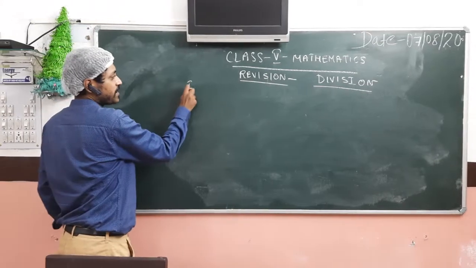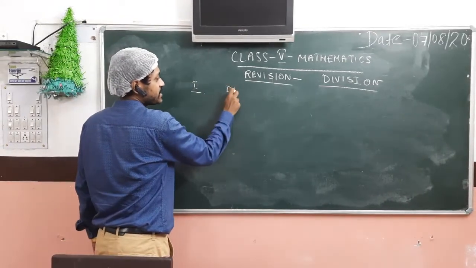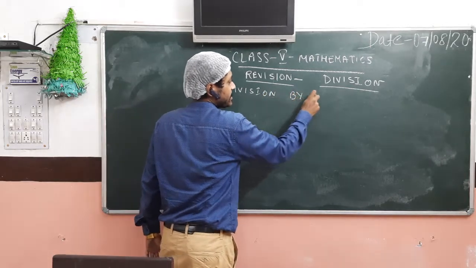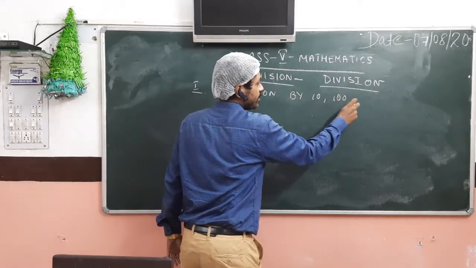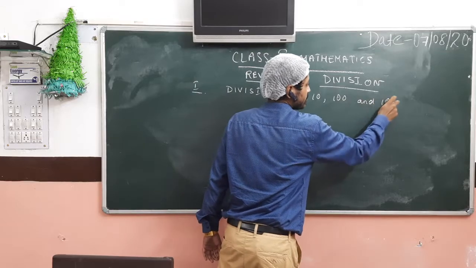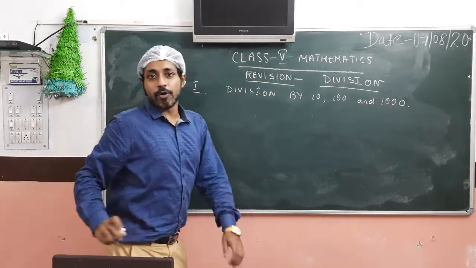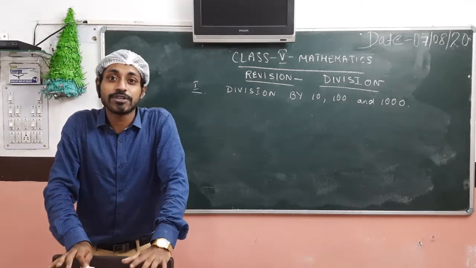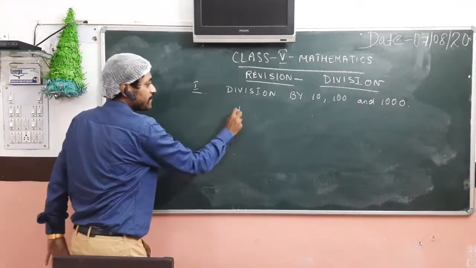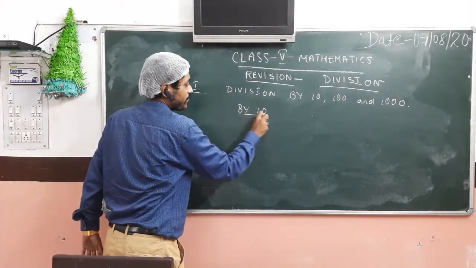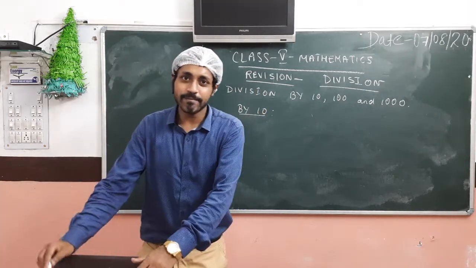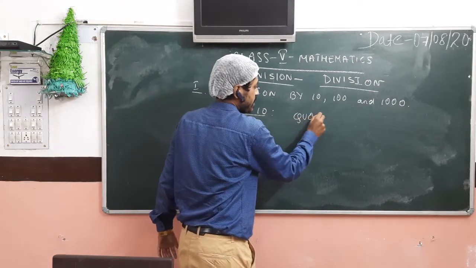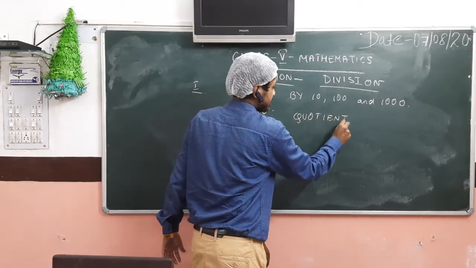The first topic that we shall discuss is division by 10, 100 and 1000. Now, for this topic, you do not have to do long division, you have to do your calculations mentally. How? First, division by 10. For a division by 10, what do we do? The quotient and the remainder will be obtained as,